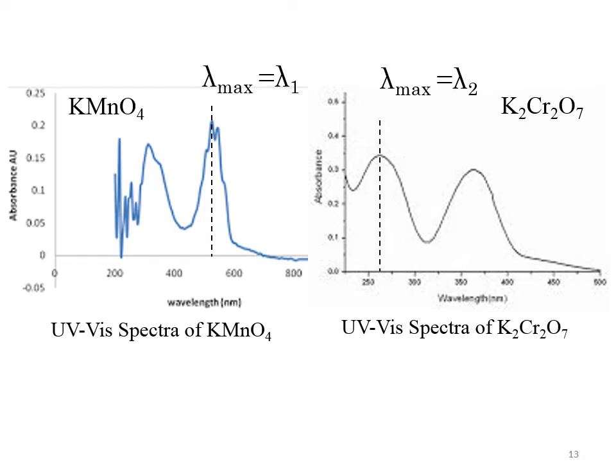So these obtained results are shown in this figure. In case of KMnO4, if we start the absorbance from 200 and reach 800, then it can be observed that the maximum absorption has been noted around 570 nanometer, while in case of potassium dichromate, the lambda max, which in this experiment has been labeled as lambda 2, is around 270 nanometer.